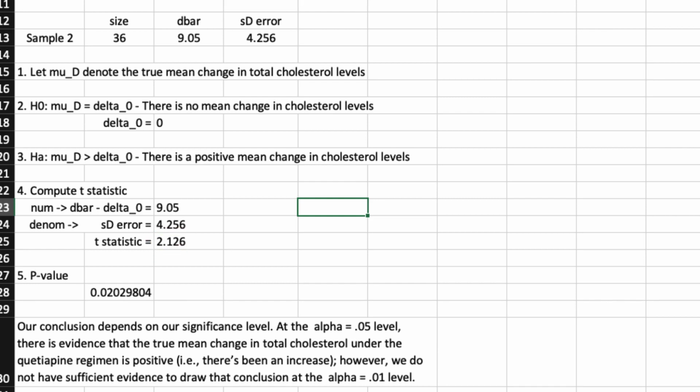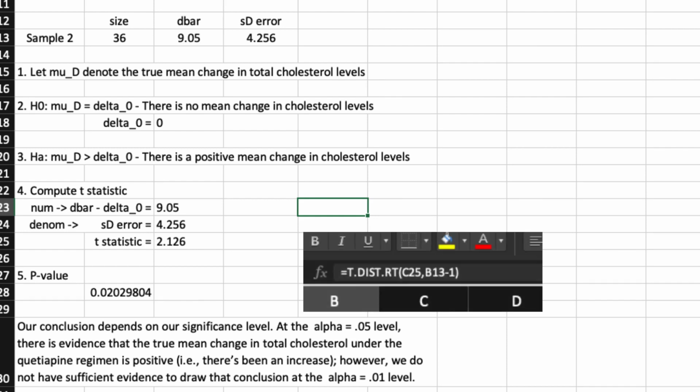And then I'm going to calculate this distribution. And Excel has this really neat thing when you're doing the right tail, so you don't have to do the 1 minus the left tail or whatever. It has this, at least in newer versions of Excel, and in my version, it has the t.dist.rt, which stands for right tail. I can use that formula, and I'm taking that for 2.126, and I'm using 35 degrees of freedom. And what I end up with is this here,